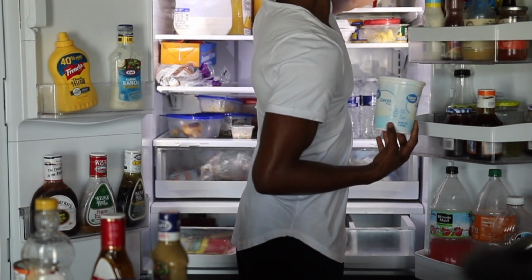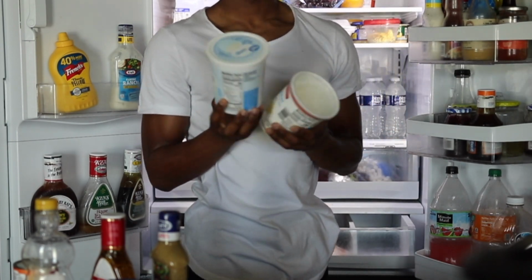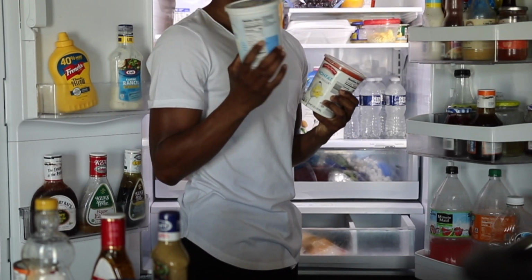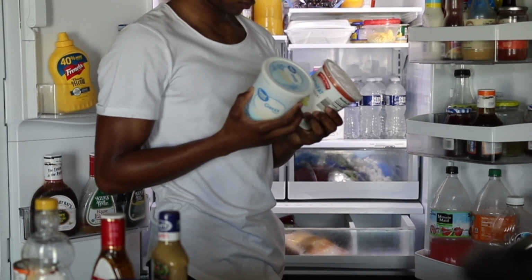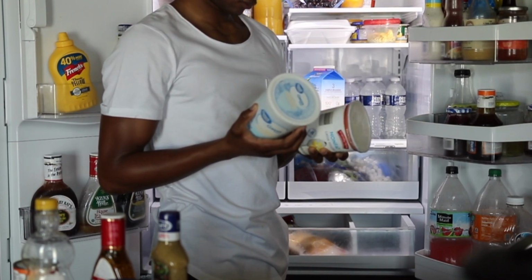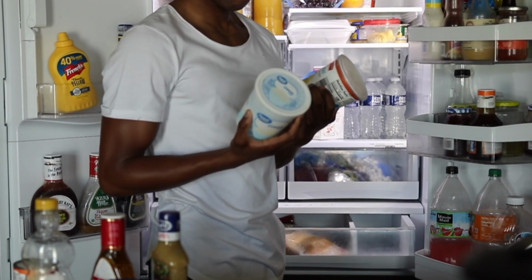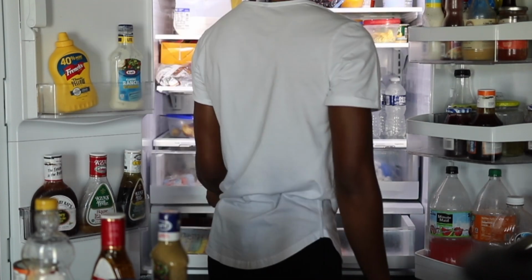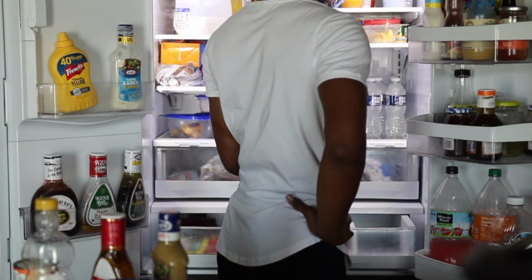Yogurt. So I got Greek yogurt and I got vanilla non-fat yogurt. Of course, both of them are non-fat. I don't really think it matters. It's going inside my head. Okay, no, because I was trying to decide which one. Greek has more protein, but I think I want my hair to smell like vanilla, so we're gonna go with vanilla, non-fat yogurt. Still looking for